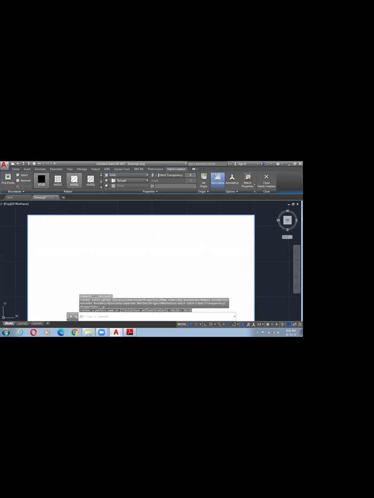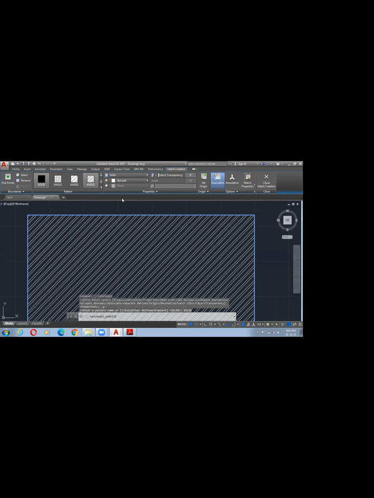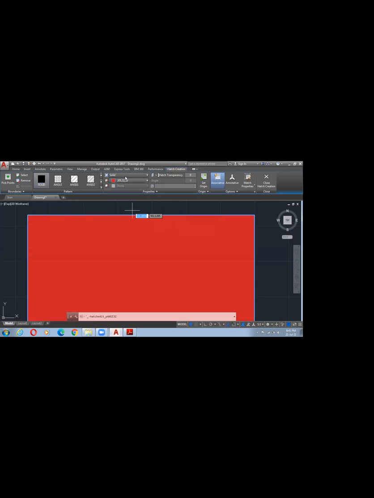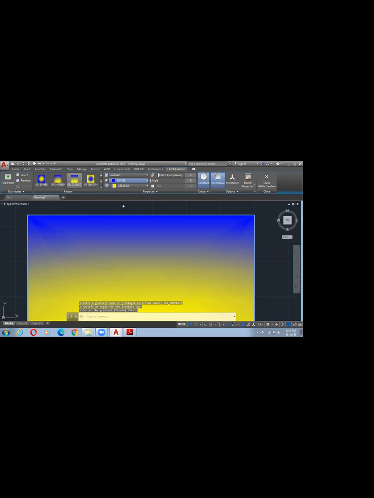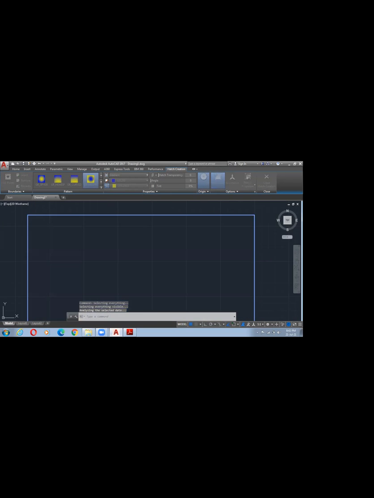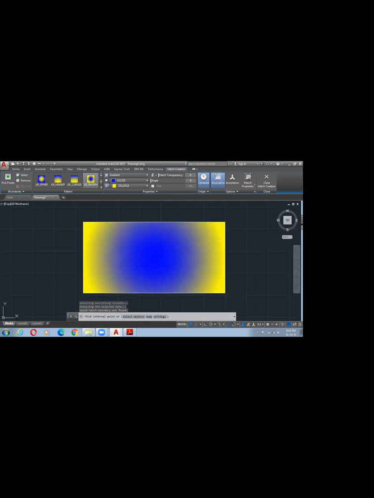Okay, as per your requirement you will get it. Gradient, how you need it, you can change as per your choice. Okay, and finally select enter.